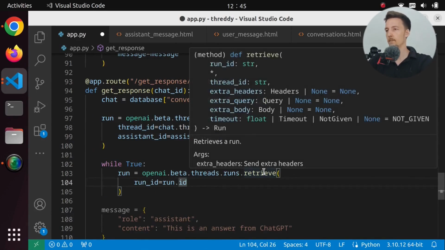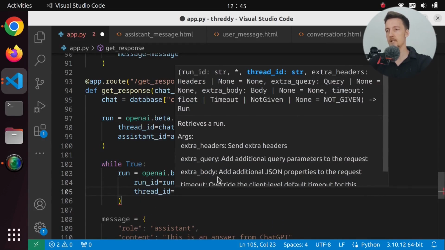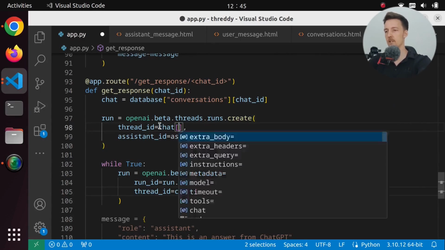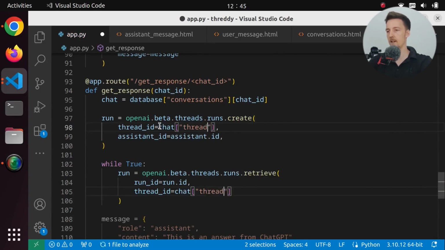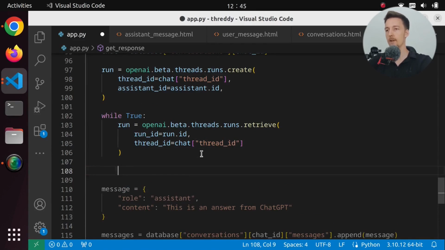And then we also pass in the thread ID. So let's do that. Thread ID is chat.threadID. And in fact, this was not .thread ID. This is going to be a dictionary. So it's going to be thread ID like this. And then we can check the status of this. So if